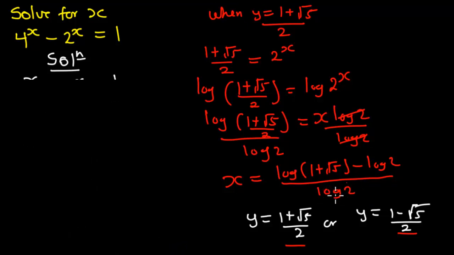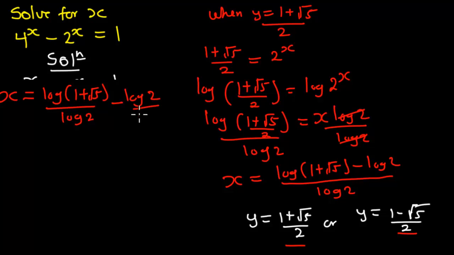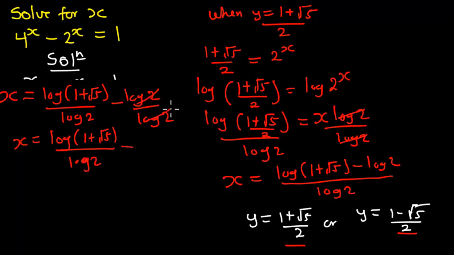And so from here, let us distribute the denominator. So we are going to have x equal to log of 1 plus square root of 5 all over log of 2, minus log of 2 all over log of 2. And so from here, we are going to have x equal to log of 1 plus root 5 all over log of 2, minus, then here log of 2 cancels log of 2, so we are going to have minus 1. So this will be one of our answers. Now let's move on to